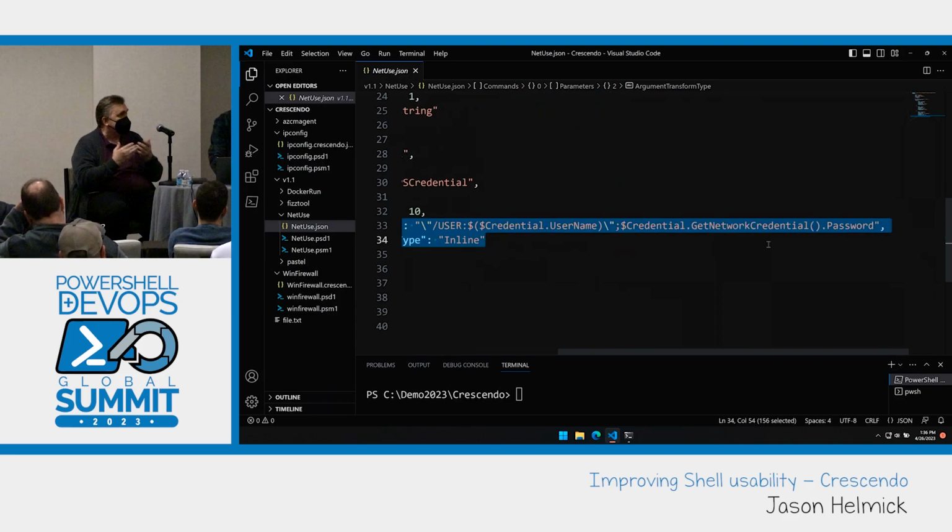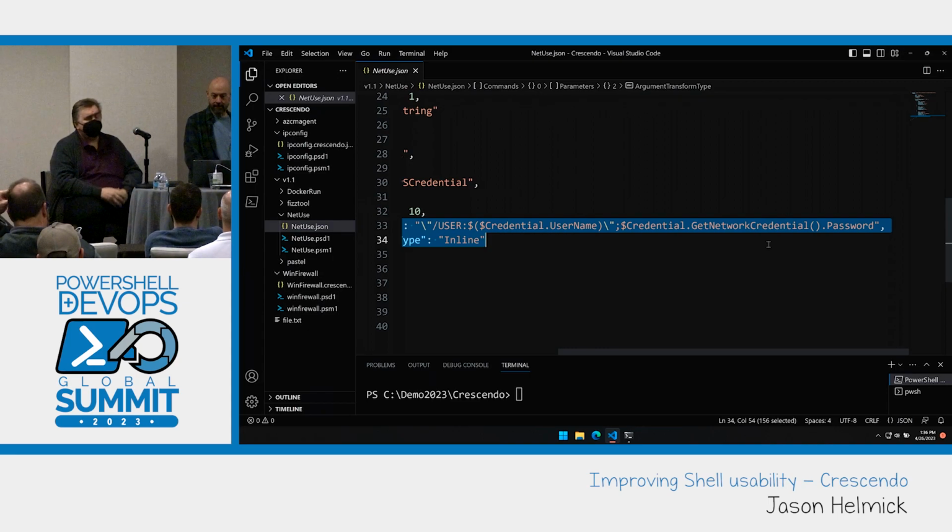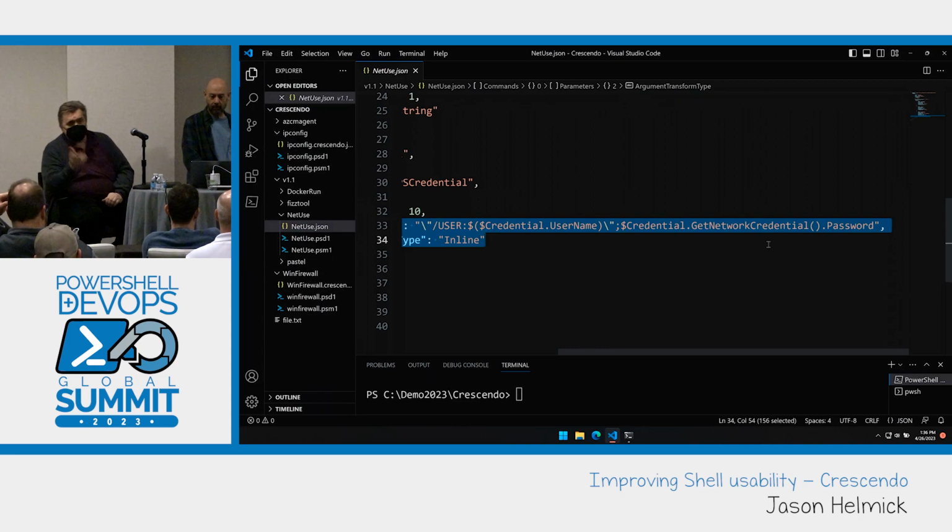password as an additional argument, the next argument. And so this is how you get the password out of a credential object. And so this way it generates 2 arguments for net use out of a single credential object. So it gets a little tricky, and it's kind of tricky sometimes to follow the logic, but it's pretty arbitrary. You can kind of do whatever you want there,